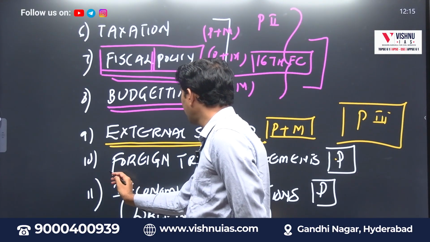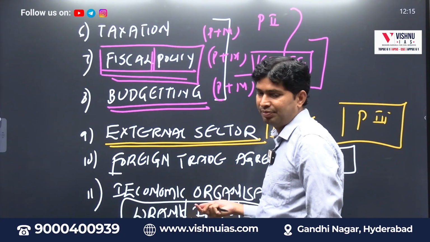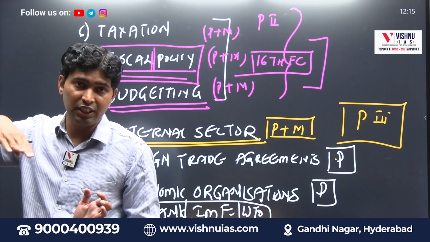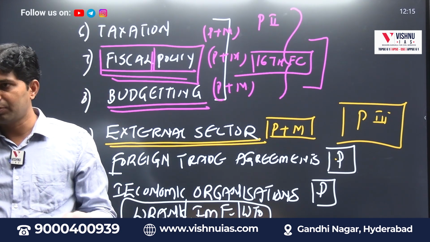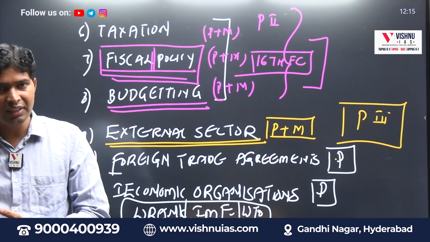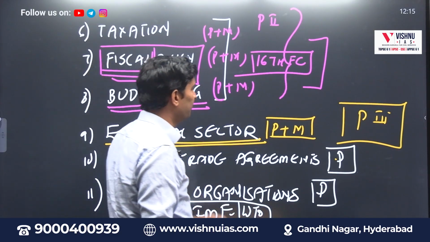Conveniently, these 2 topics are for prelims. But what is the essence of this external sector chapter? How our economy is interacting with the rest of the world on a day-to-day basis. What is happening to our imports? What is happening to our exports? What happened to our forex reserves? Whether we are in a position to meet our essential imports or not. So this is the essence of the 3rd pillar.